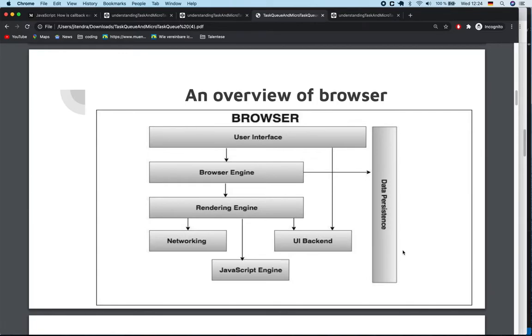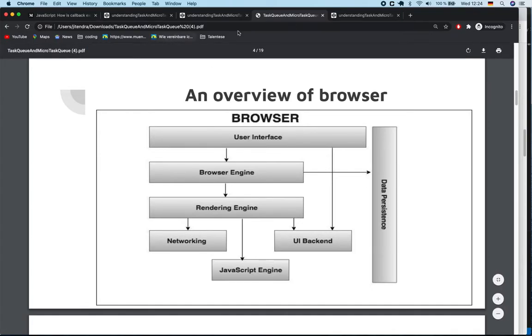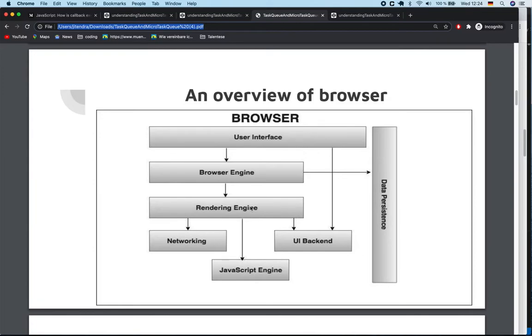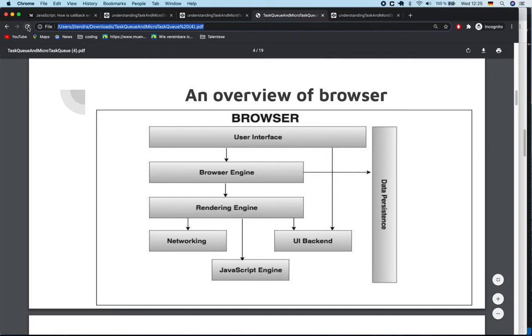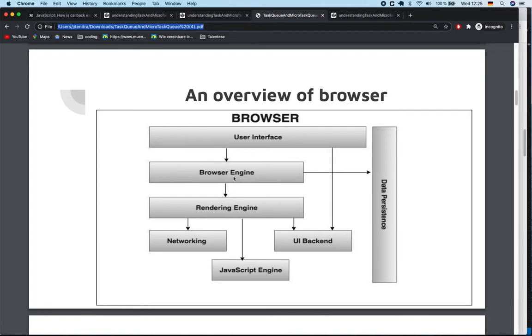A browser consists of different components. The first component is the user interface, which is displayed to the user. For example, the address bar, next and forward buttons, and refresh button belong to the user interface component. Similarly, it has the browser engine and rendering engine. The rendering engine is responsible for parsing HTML and CSS and painting those things on the browser. The browser engine is like a bridge between the rendering engine and user interface, responsible for manipulating the rendering engine. For example, if we refresh the page, the browser engine calls an API of the rendering engine to refresh the page. If we click back and forward, it performs the actions based on the user